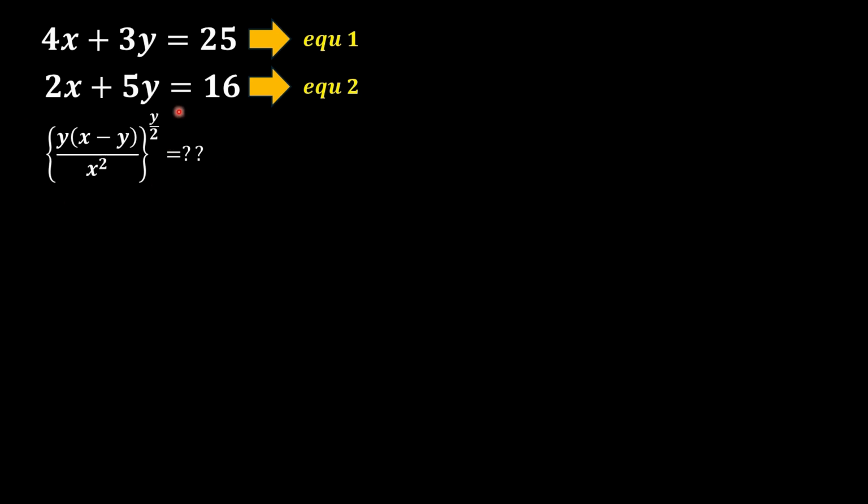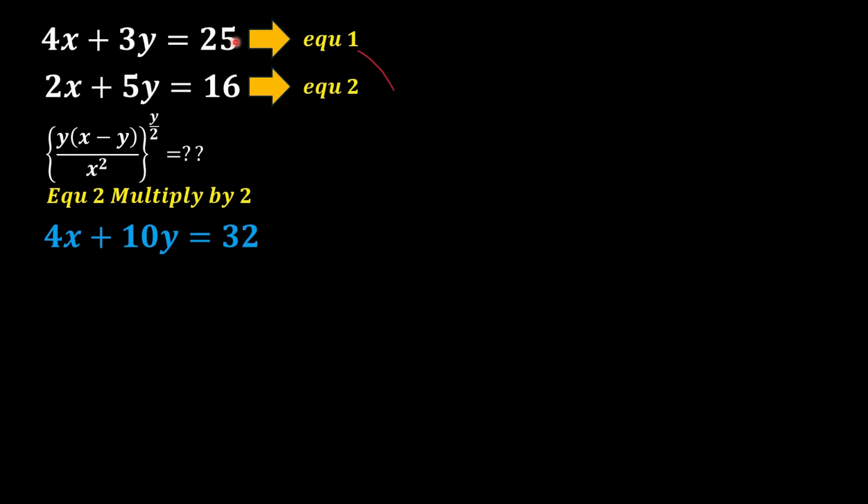In order to find the required expression, first we should solve equation number 1 and equation number 2 simultaneously and get the values of x and y. For this purpose, we should multiply equation number 2 by 2. As a result, we will get 4x + 10y = 32 when we multiply equation number 2 by 2. In the next step, we should subtract equation number 1